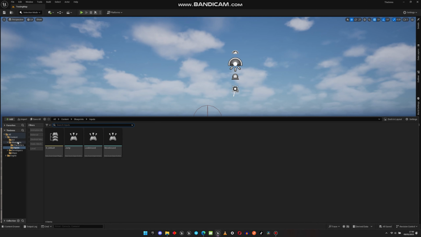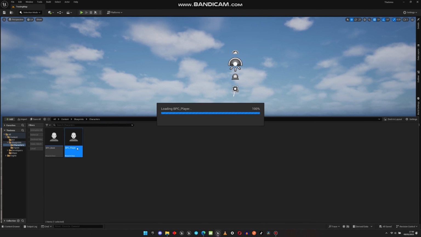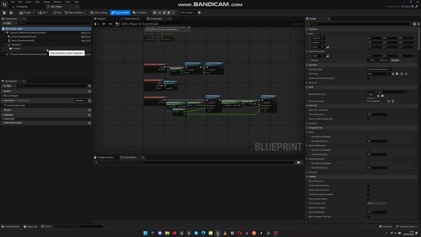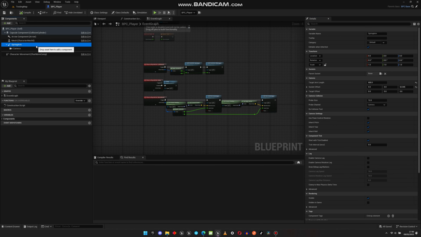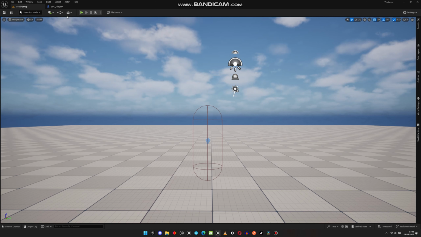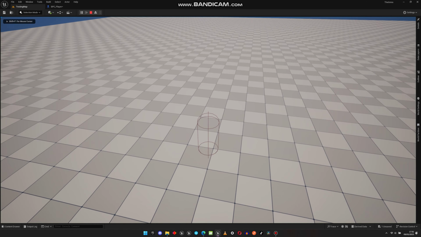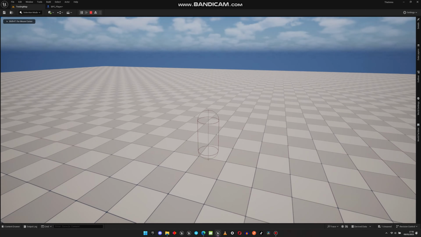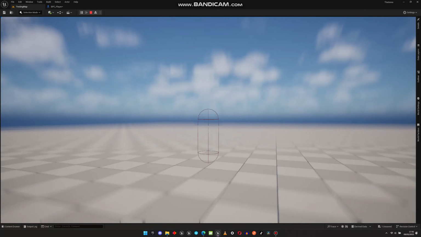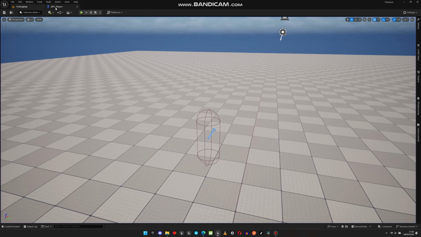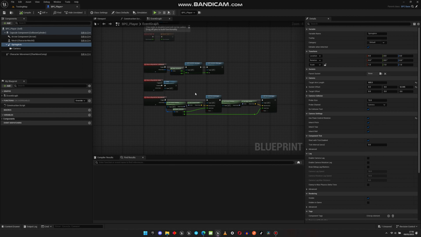For us to notice that, we are going to quickly open our player character and look for the spring arm. It does have use pawn control rotation and other settings, so we may check this one, compile, go back to our editor. You can see you can look sideways, up and down, works really well. So what we're going to change is